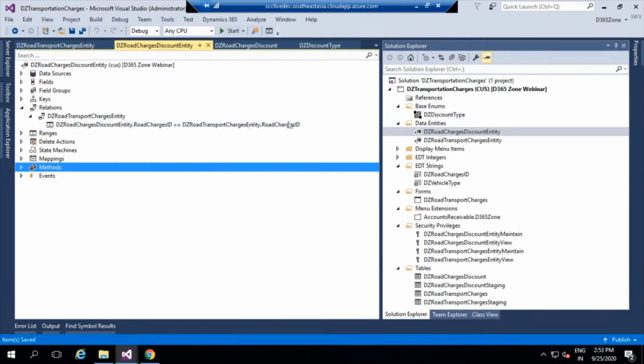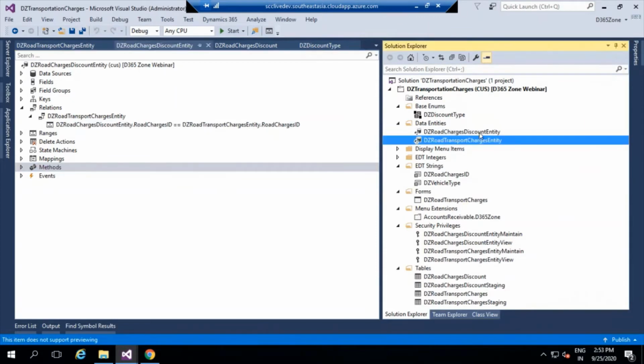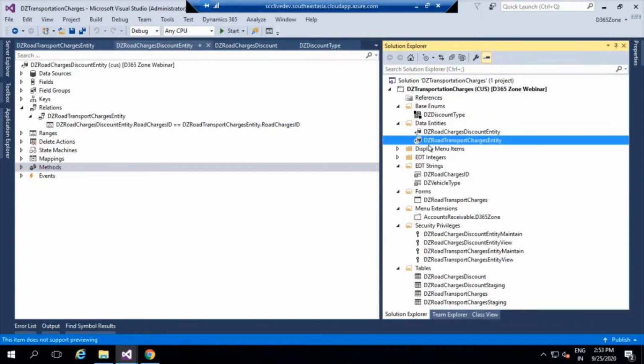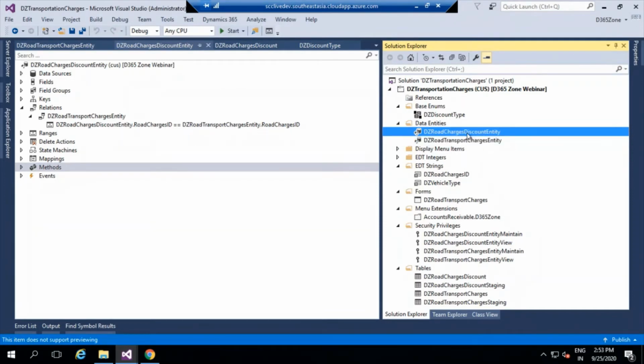As I said, we are not good. So now this entity, we can use it for individual export and import also. There is no harm in it. So you can directly import and export the transport charges, or only the discounts. Everything is possible. But if you want to import an XML file which has related data, where one transport charge will have multiple discounts in it, as per the Excel sheet,